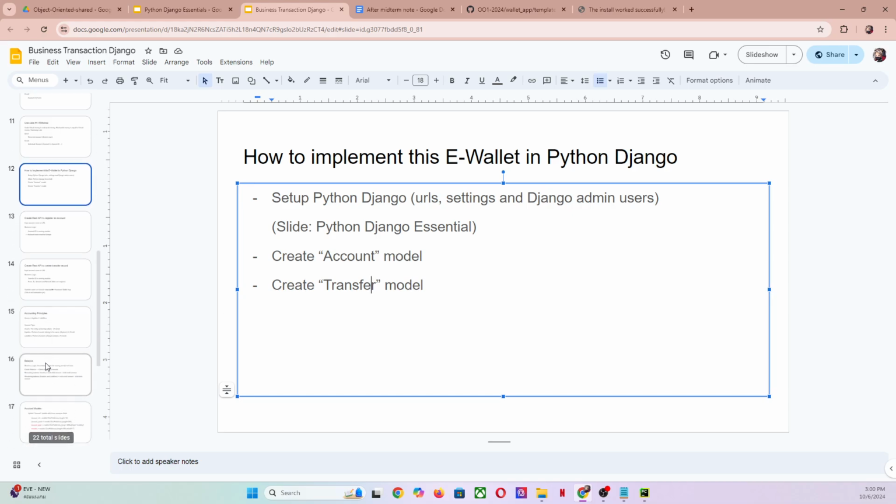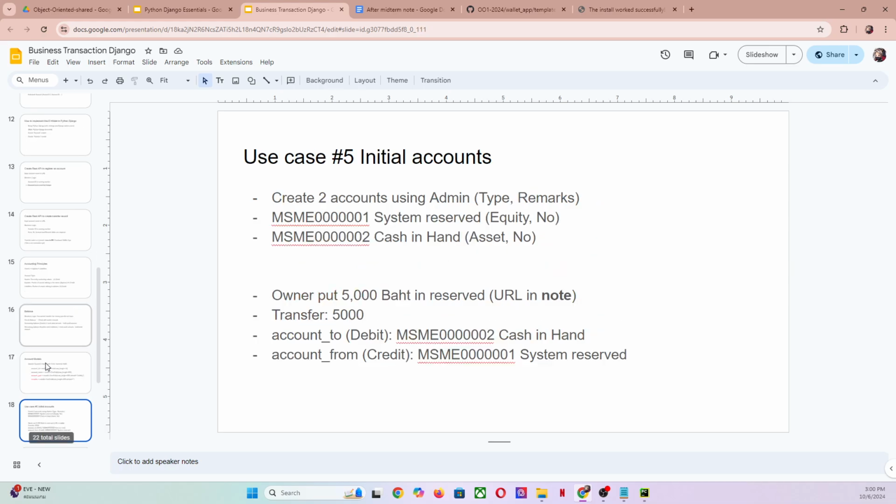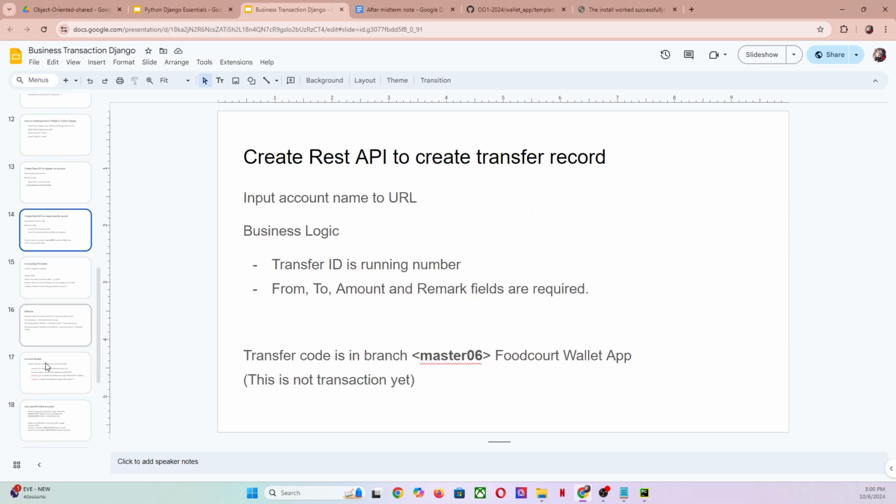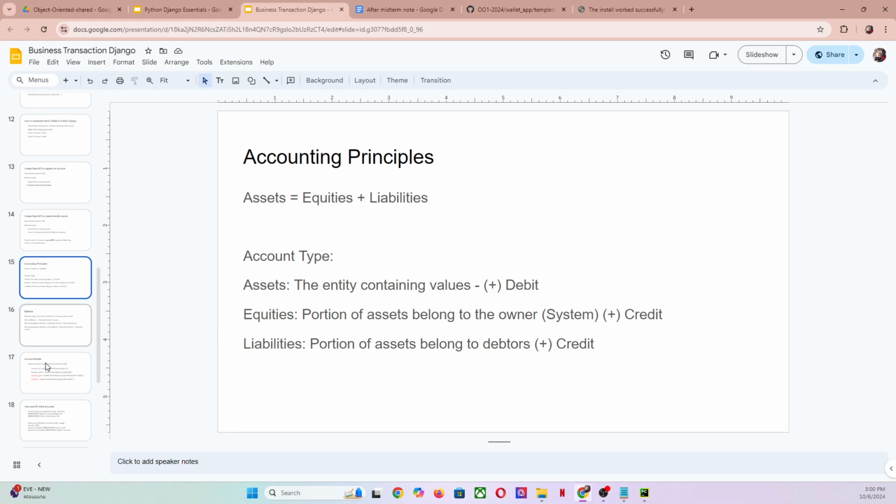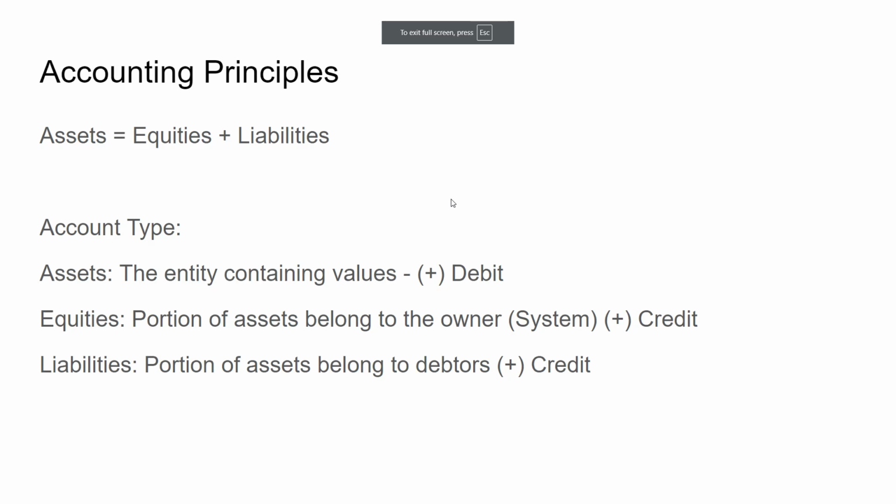Okay, so let's check whether it supports the model account. Before we go into the REST API, let's see the accounting principle first. In slide number 15 we are talking about the accounting principle. Before we do the model, accounting principle means that when we record the transaction, or we record the business entity, or when we run the business, let's say,